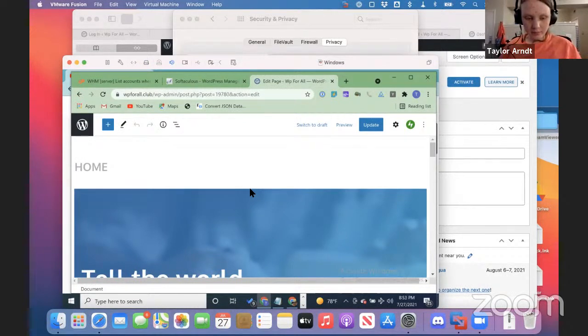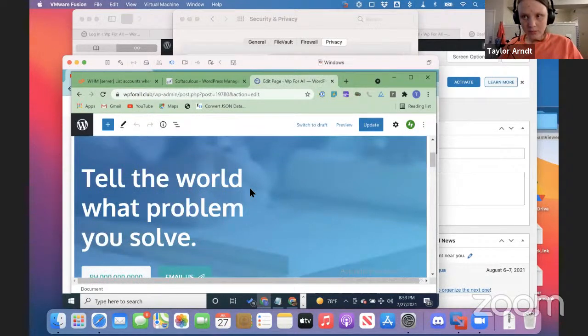Jetpack toggle button not pressed. Menu. Right, editor content region, clickable add title. What I'm going to do is press E for the form fields. Title edit multi-line home. Block container grouping block grid grouping block headline edit multi-line tell the world what problem heading level 1. Level 1 marked content you solve.